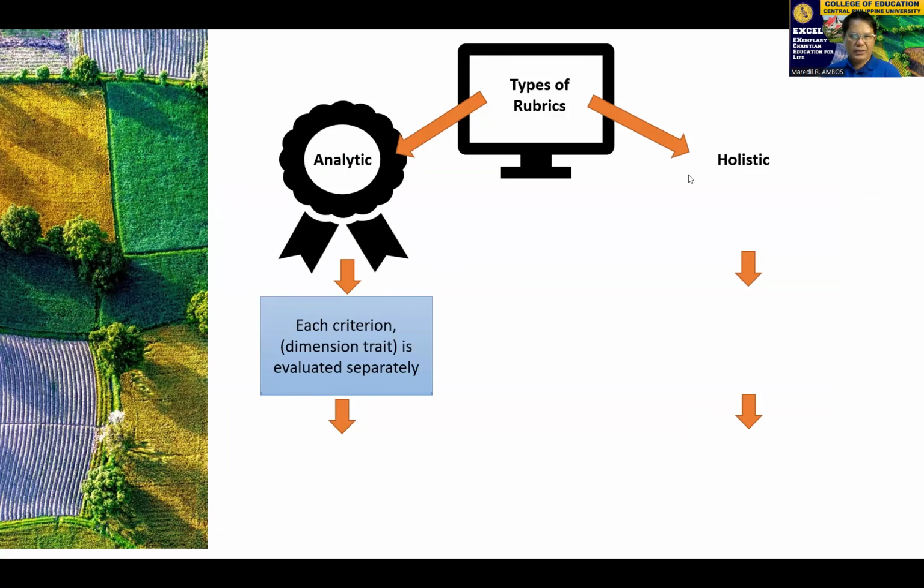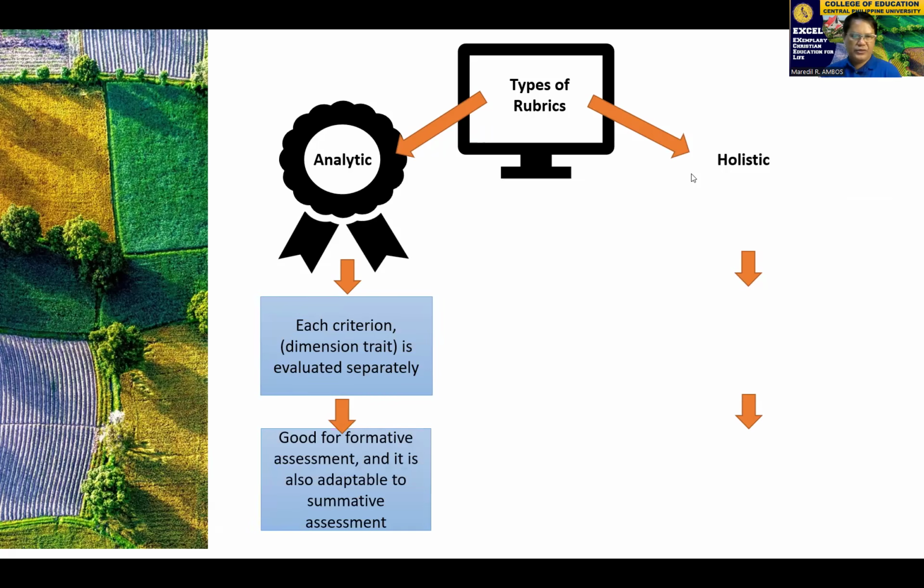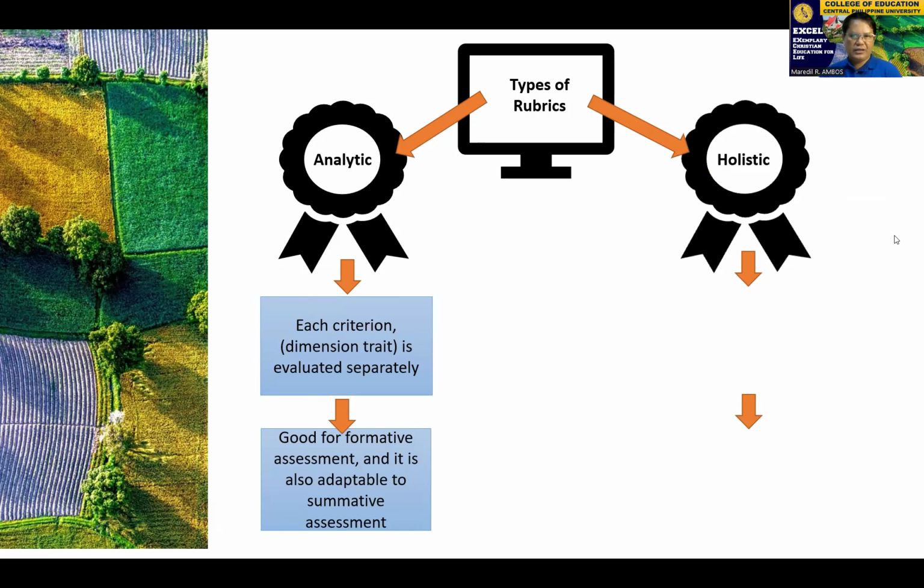So we have analytic. The other one is holistic. When we say analytic, each criterion, dimension, or trait is evaluated separately, and it is good for formative assessment. It is also adaptable to summative assessment. That's analytic. When we say holistic,